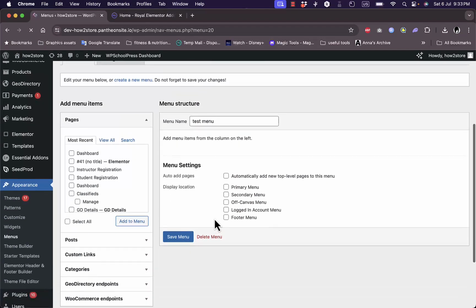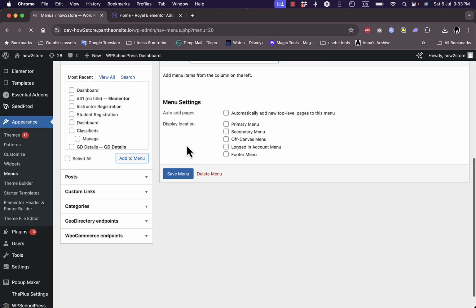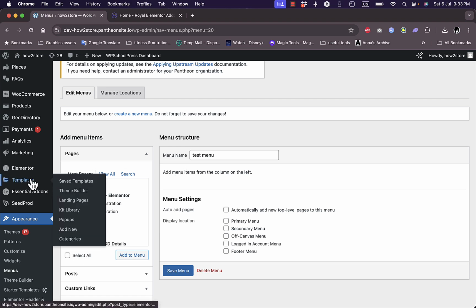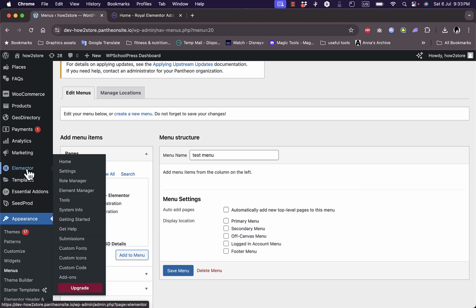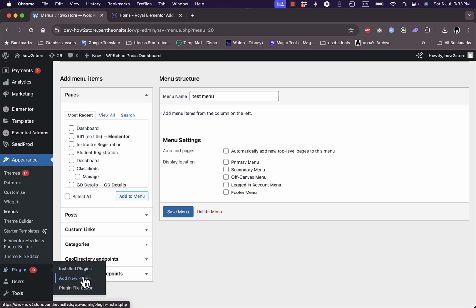And here you have your menu settings. So mega menus simply means that you can have menus under menus, like a menu compound, so to say. And to do so, you need to have a couple of things ready. Now, obviously, first you need Elementor, which you've installed here. If you don't have it, simply go to plugins, click on add new plugin,